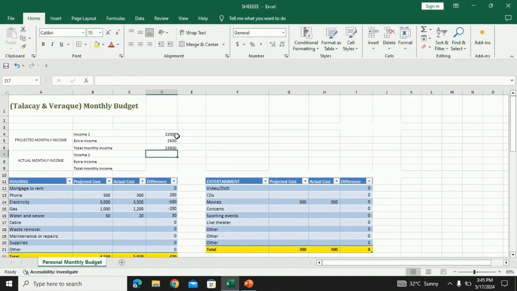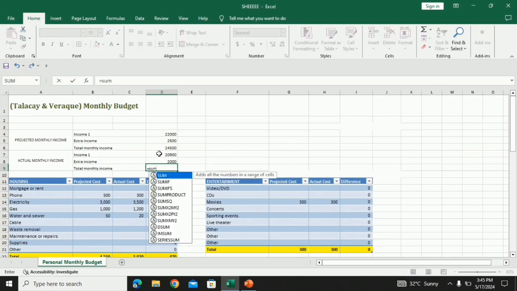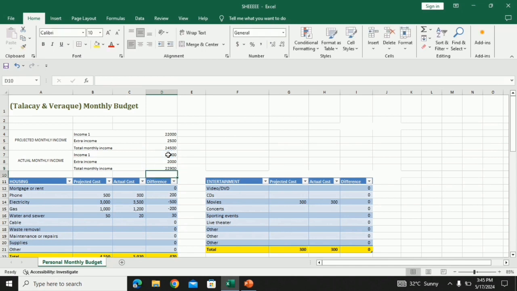Enter. Income 1 in actual monthly income 20,200. Total, alt equals or sum, and then click, drag down, enter.